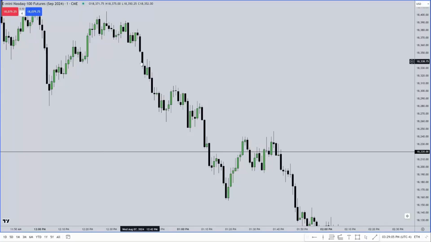Now, if this was a PD array that I wanted to trade on, that would be my entry. But because I'm trading ahead of, no, this is the stuff that you write down. What do I do if I am not going to trade the fair value gap? What am I looking for ahead of a news drive? Because sometimes you'll see me take a trade before the news or before the opening bell. Okay, so if I know at 1 o'clock, that's when the news is going to hit for the bond auction.